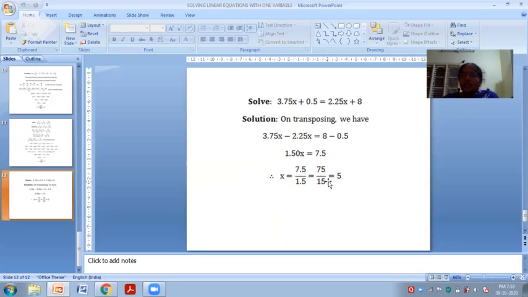So this is a linear equation with one variable x only. Here we have solved many problems with different varieties. Okay, this I am going to